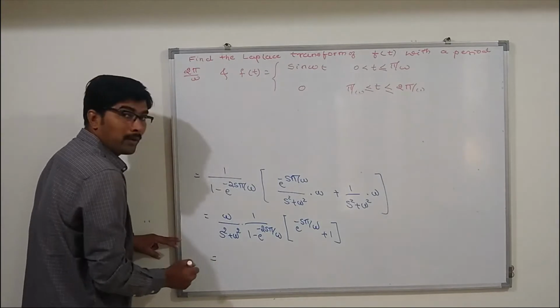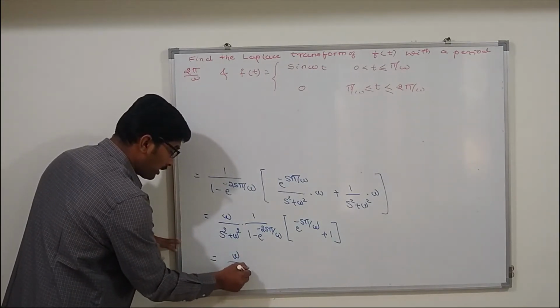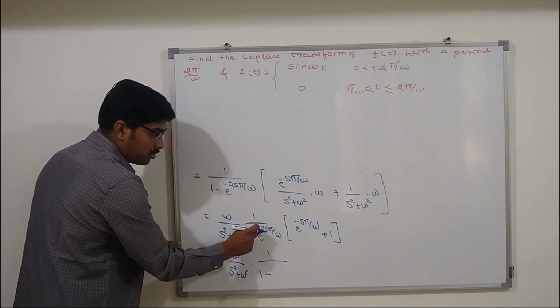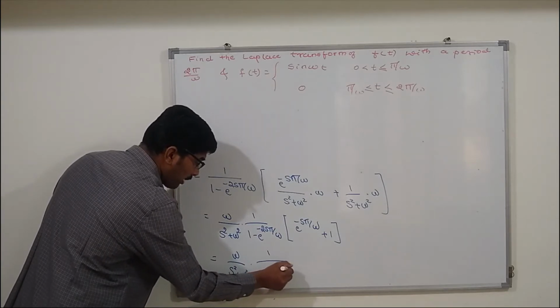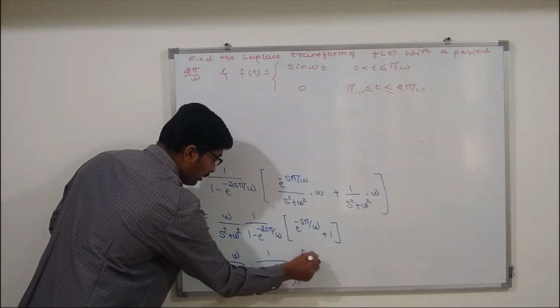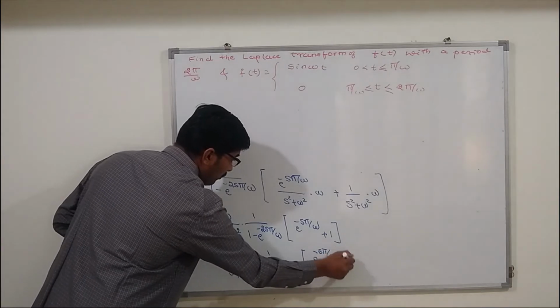Now this is equal to omega divided by s square plus omega square into 1 divided by 1 minus